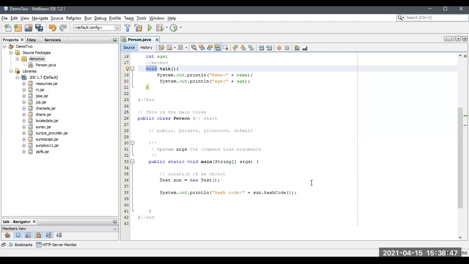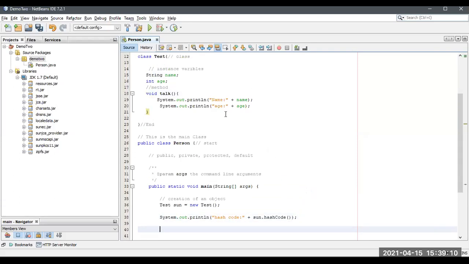Let me check this one once again. Because there is nothing at all inside this, that's why it is showing an error.